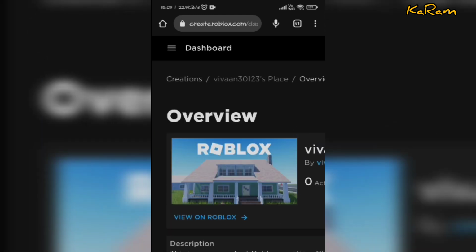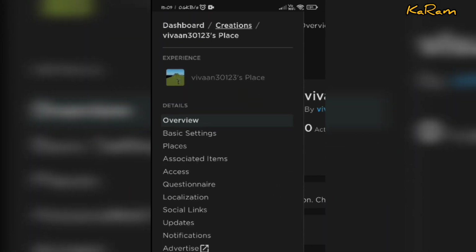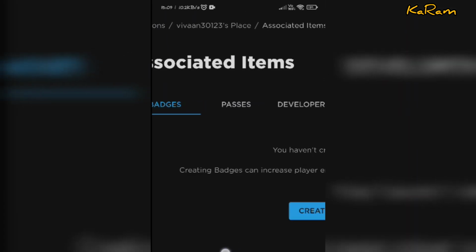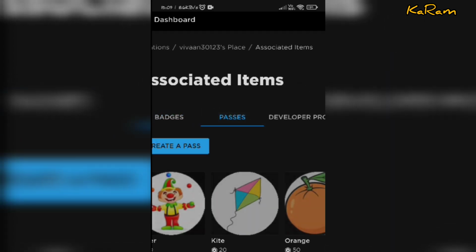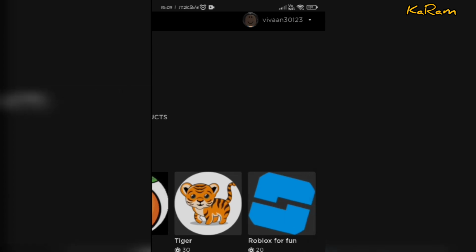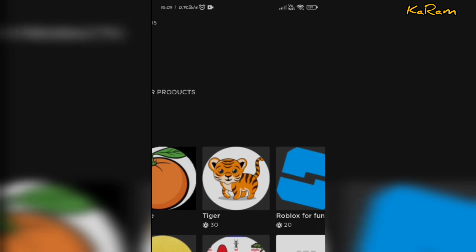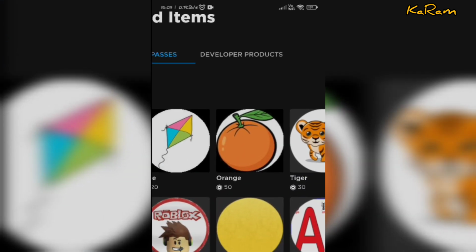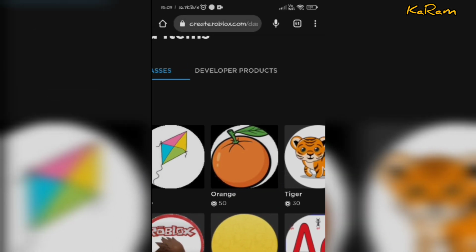Since the new update everything has changed in Roblox, so just tap on this menu option and now click on associated items. In associated items you will find the game passes. If you want to delete a donation button, I'm going to delete that orange game pass, or that orange donate button, from the stand. So I have to tap on it,